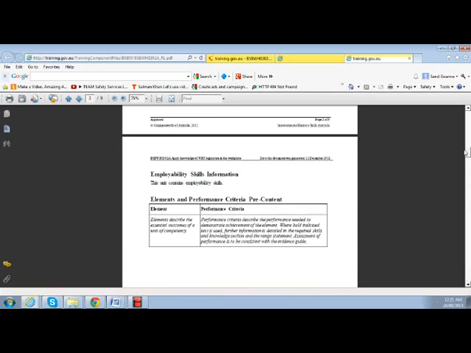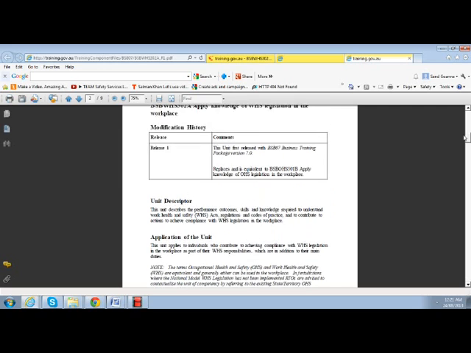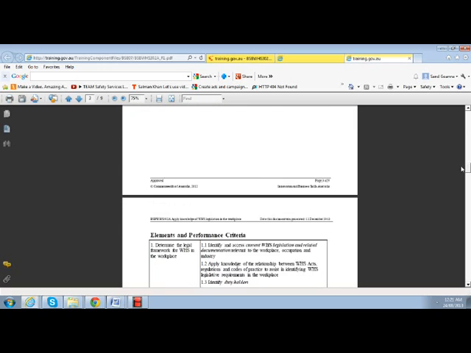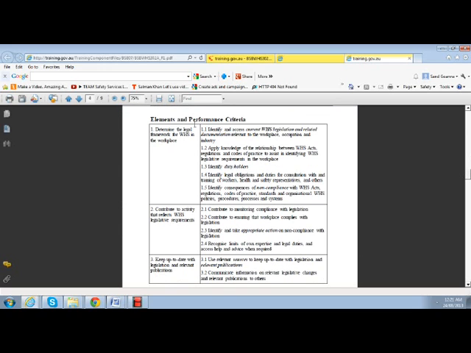So, if we were going to make a checklist out of this for a practical session, we'd be coming back down to the elements and performance criteria, and you'd be breaking these up into tasks. So, showing how the candidate can meet this standard. To give you an idea, in regards to identifying duty holders here, which is performance criteria 1.3, we might have a series of questions. It might be a question such as,